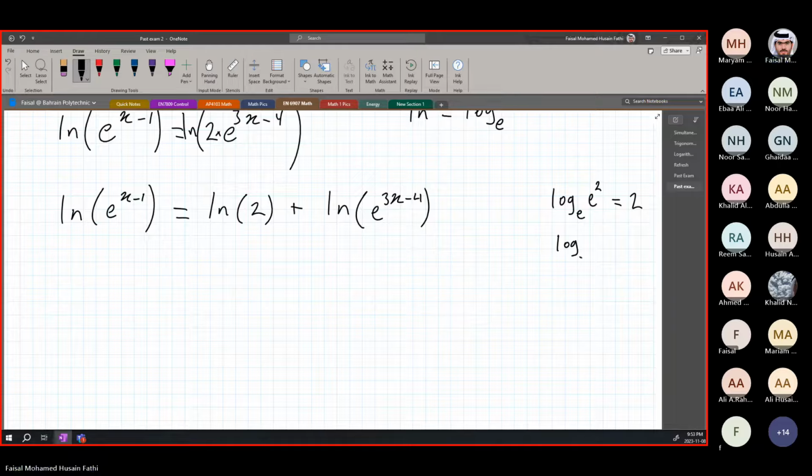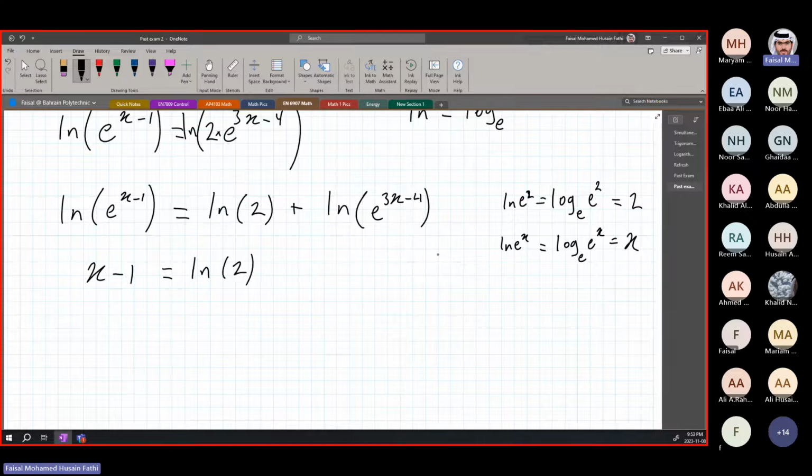Log e to the power of x, the answer is simply x. Same thing here. That's why log e is simply, this is the same as saying ln e squared. This is simply saying ln e to the power of x. It's the same thing. Okay? Natural logarithm. So the ln of e to the power of x minus 1 is simply x minus 1, equals ln of 2, you could just